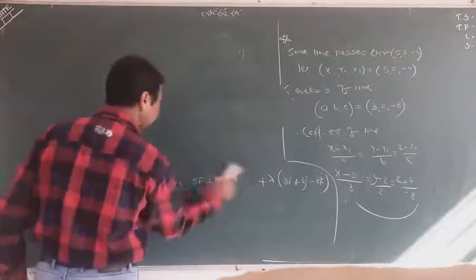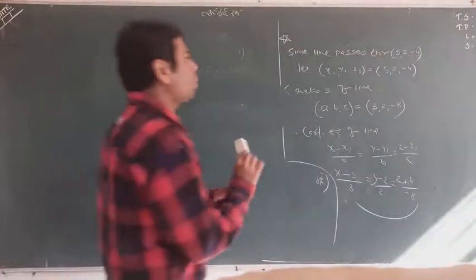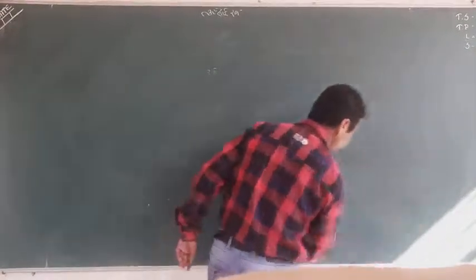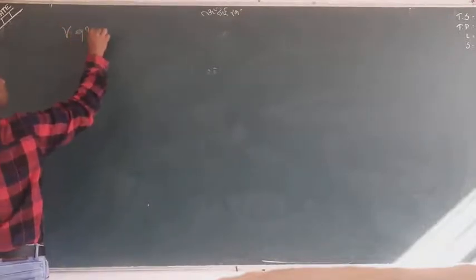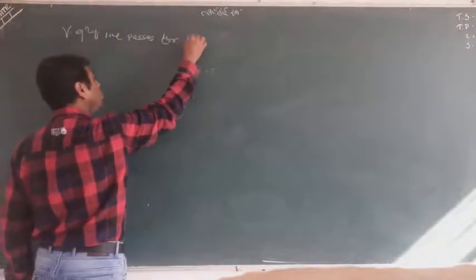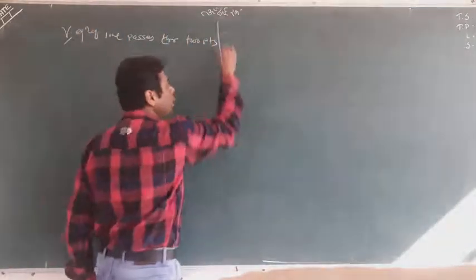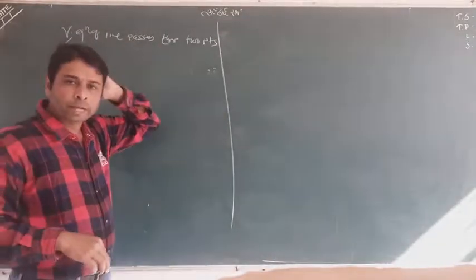Now we will further study. Now we will study the equation of line passing from 2 points. Very simple concept I am telling you. Look at, now the new concept, 2 things I will study. I will teach you the vector equation of line passing through 2 points, and afterward I will tell you the Cartesian equation. On this board I will tell you the Cartesian equation. First of all, look at the vector equation of the line passing from 2 points.